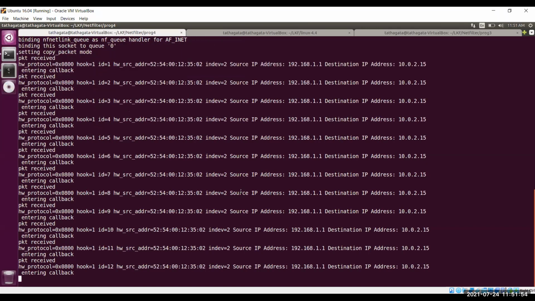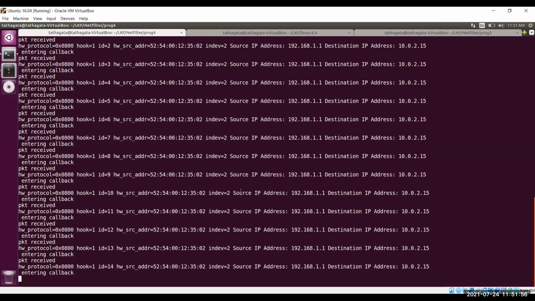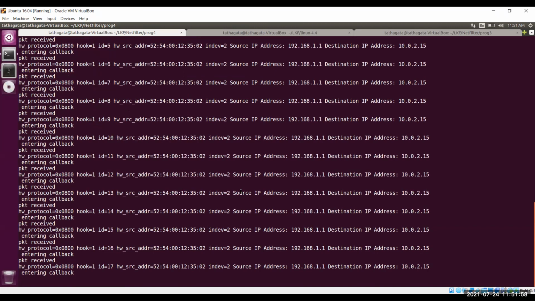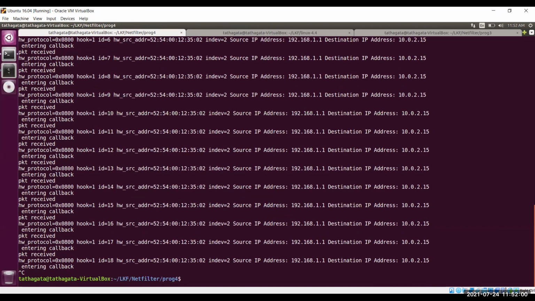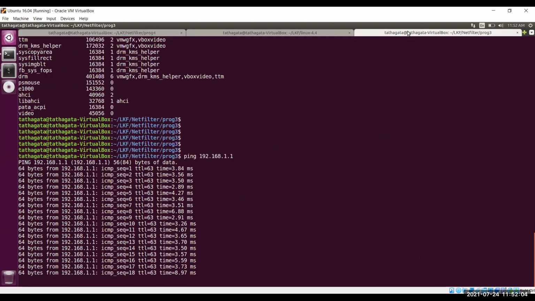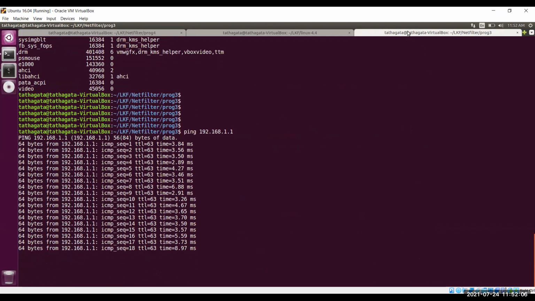We are specifying this in the pre-routing phase. One important thing to note: let us close the application. Now you can see you will not get any response to the ping packet, right?